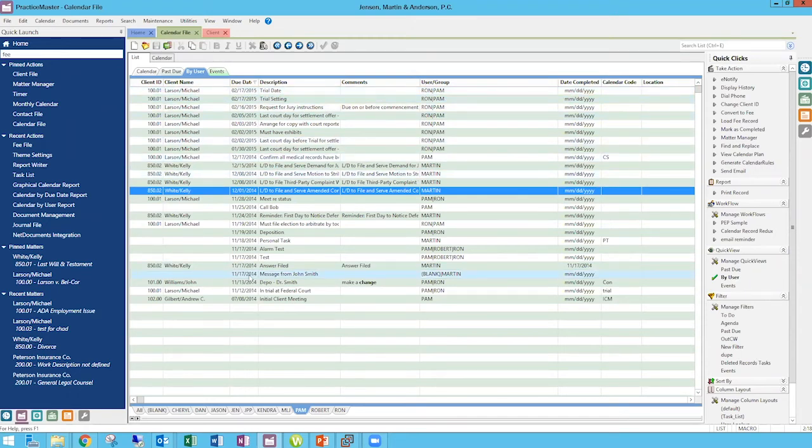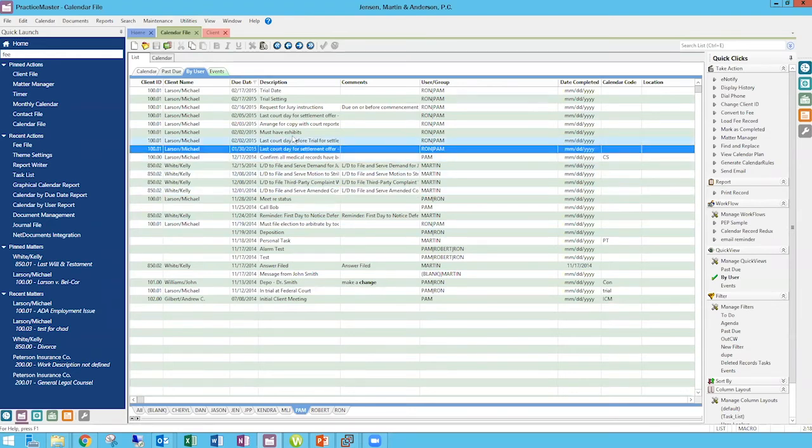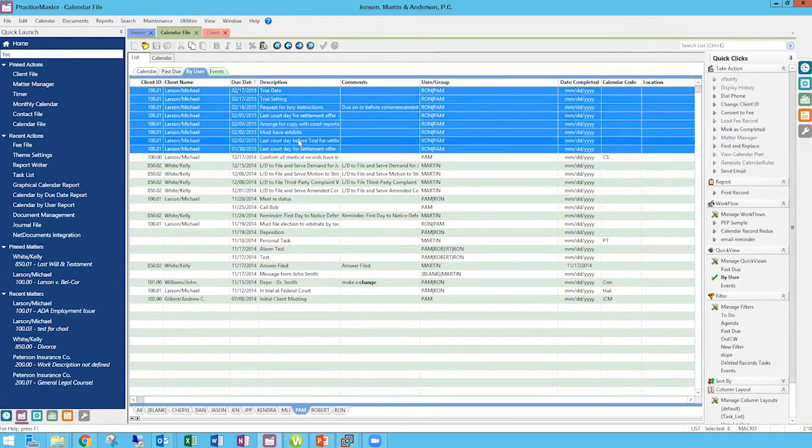It's not just for a specific matter, it's the whole thing. And I happen to be looking at just Pam's stuff. And let's say that I want to take the stuff that's in 2015. We'll pretend we're just moving into 2015 and Pam has moved on and we want to assign these calendar items to somebody else. So what I would do is I would highlight the ones that I want to deal with,